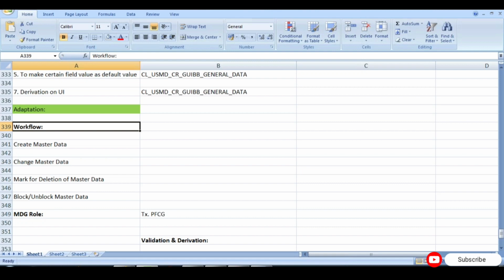But ultimately, whatever you are doing, you have to create your master data. You have to change your master data. You have to update your master data. You have to block your master data. That process will be done through this business flow. So now, the first question that comes to mind is,